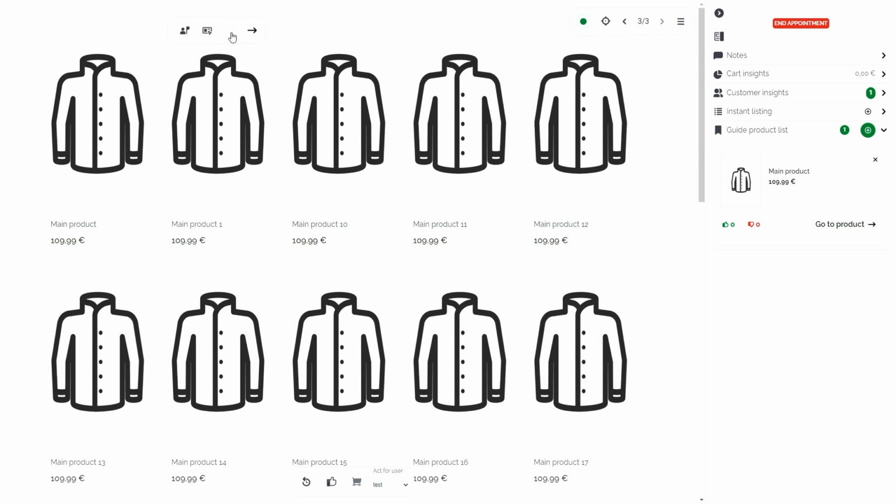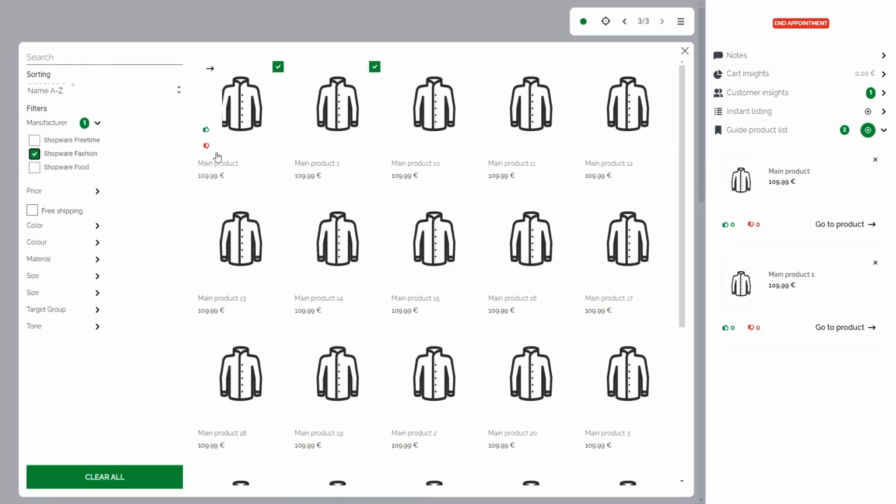So if I just save another one, you will see all the saved products for the guide product list appear beneath this drop-down menu. I've also got the possibility to search for specific products in the search function, or I could just filter products from my product list.